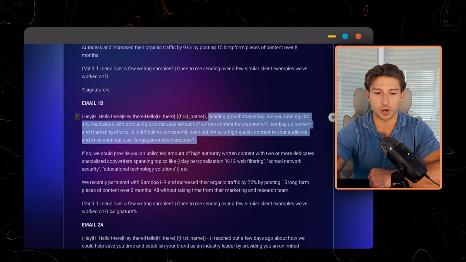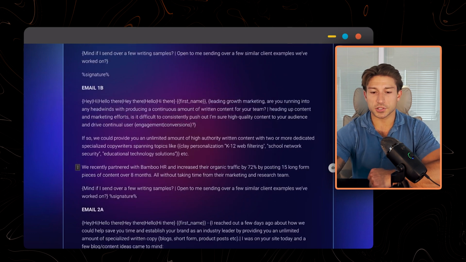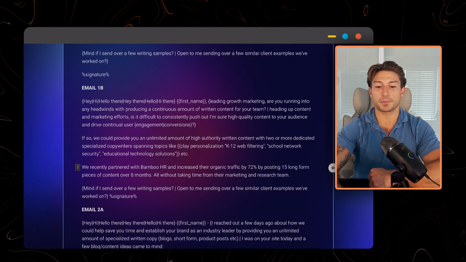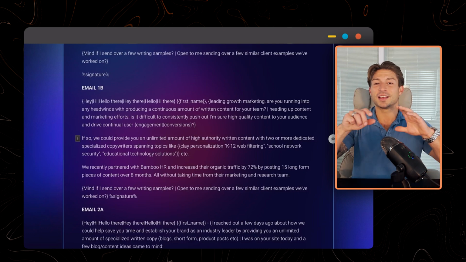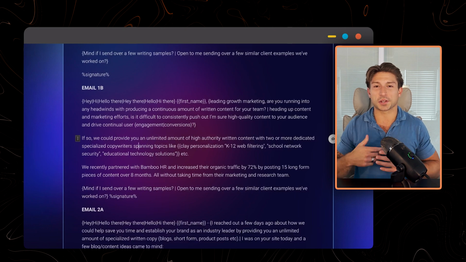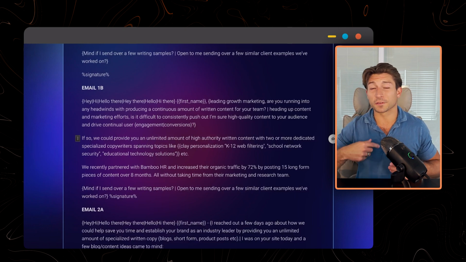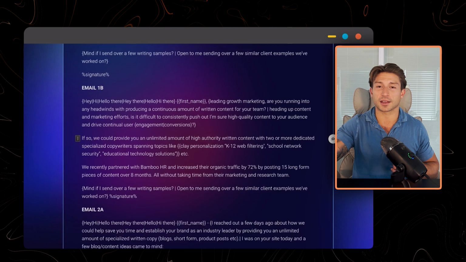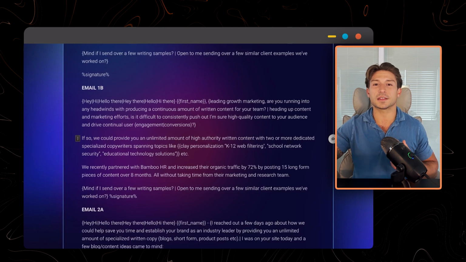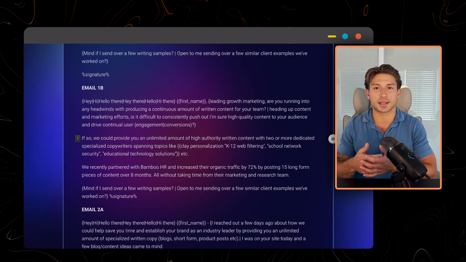We use the same 2 openers. If so, we could produce you an unlimited amount of high authority written content with 2 or more dedicated specialized copywriters spanning topics like, and this is where it gets interesting. This is where we insert the data that we're getting from Clay, which we're feeding a prompt to go to these different company websites and give us relevant topics that we could actually post content about,